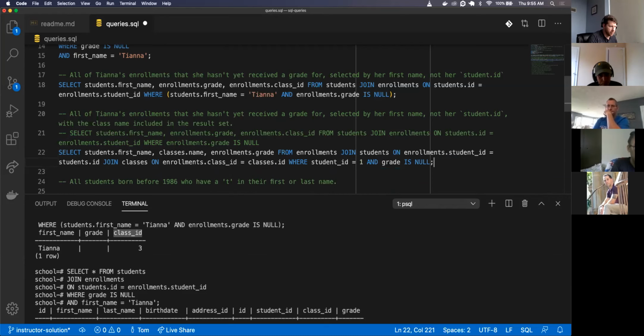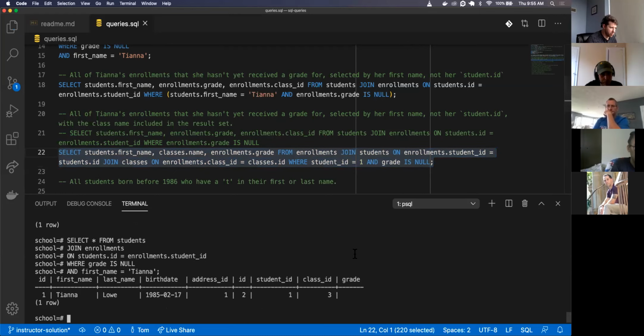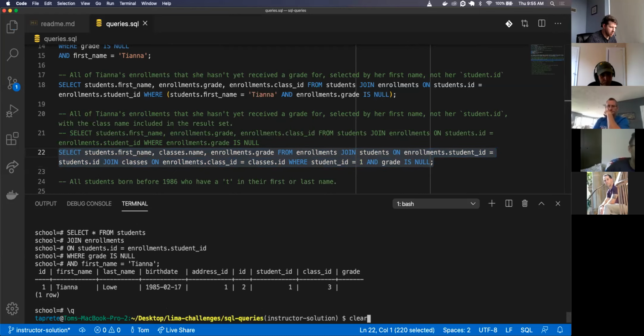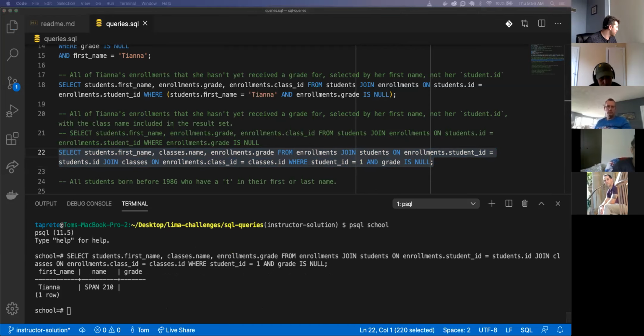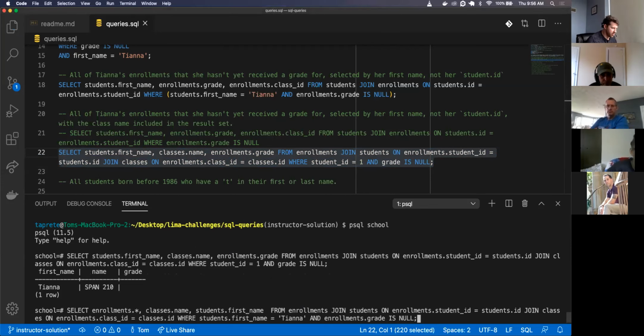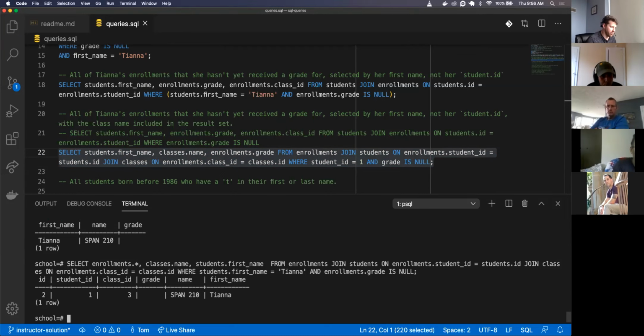All right, let's check that one out. Yep, first name, Spanish. The grade is null, so there is no grade. That's the one she has yet to receive a grade for. So this works. I pretty much had the same thing, I just included a bunch more that wasn't necessary.